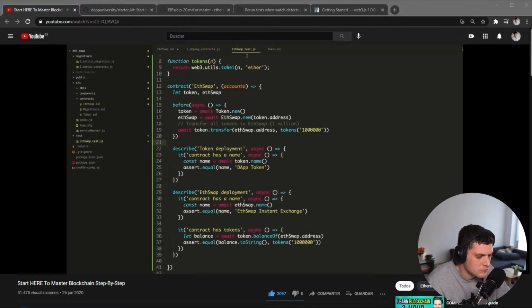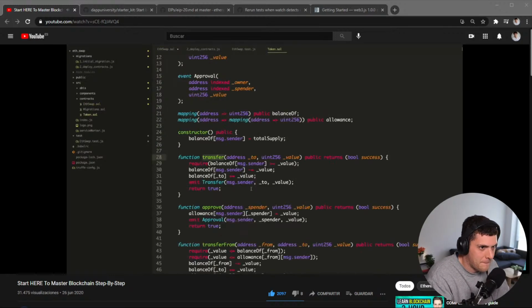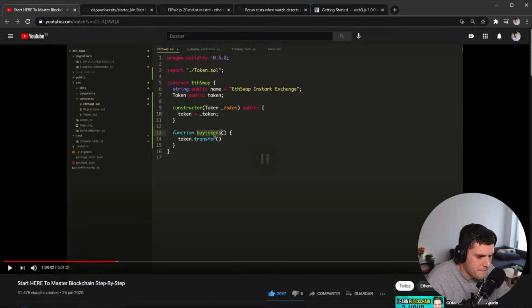So we're going to rely upon the transfer function, right? This function in here from the token. And we just call it like this. We basically just say token.transfer. And then that will send the tokens from the token contract, sorry, ETH-swap contract to the person who's purchasing them, right? Whoever's calling this function. But we need to pass in a few arguments. We need to tell it who it's going to, and then also the value. Okay. So how do we determine that? Well, the recipient is going to be the person who called